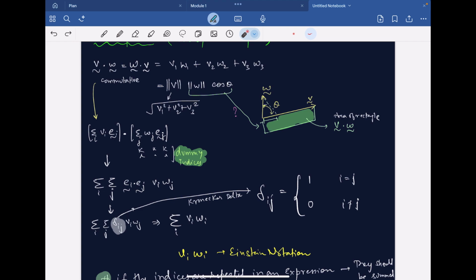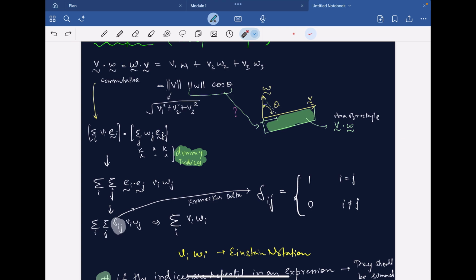As we saw in the class, e_x dot e_x is 1, e_y dot e_y is 1, but e_x dot e_y is 0, because they're orthogonal to each other, right? So we can simply write this as the Kronecker delta, and what this says is that if I'm here and any adjacent quantities that are multiplying me,